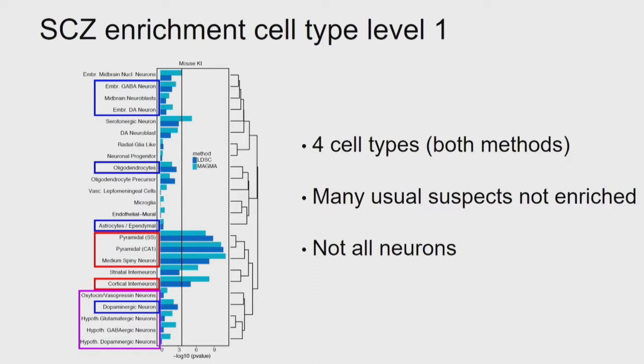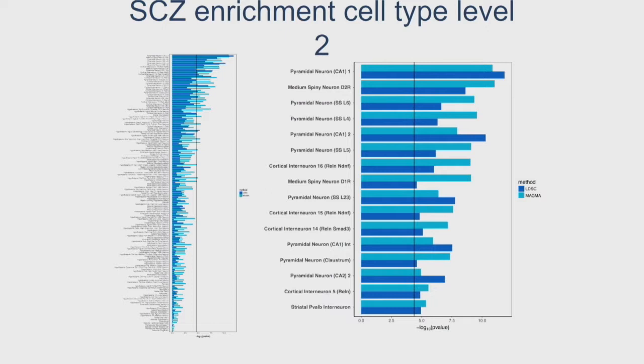Of course, we can do the same thing with the very detailed level, if you want to go down and look at the many different cell types. Here are all the level 2 cell types, as we call them. And you see now that we can say that the pyramidal neuron 1 of the CA1, and the medium spiny neuron D2 receptor expression is a bit higher than the medium spiny D1, etc. And interesting here are the GABAergic cells.